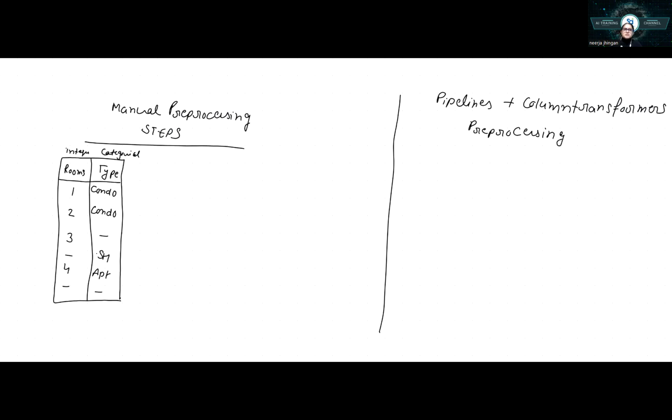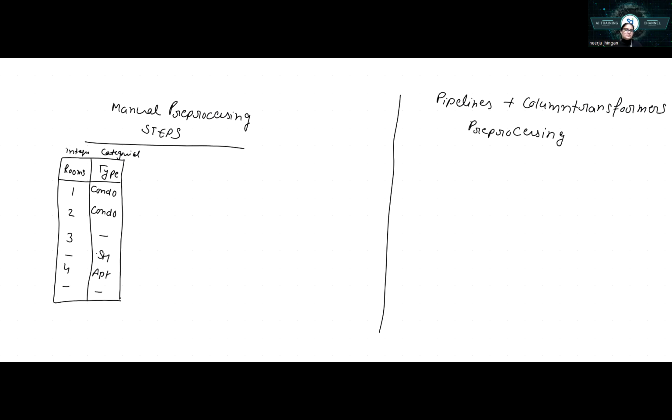Now just assume you have this data set and you want to check it. What is the data type of each feature in the data set? Second, you want to check for duplicates and missing values. These are all pre-processing steps, and then you want to handle them. Now when you apply the pre-processing steps on this manually,